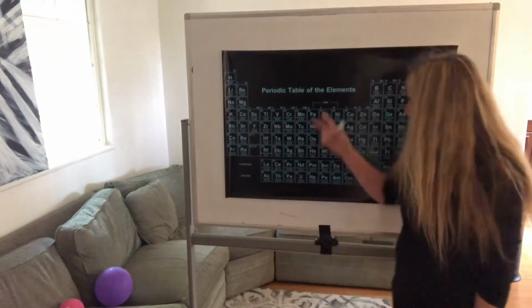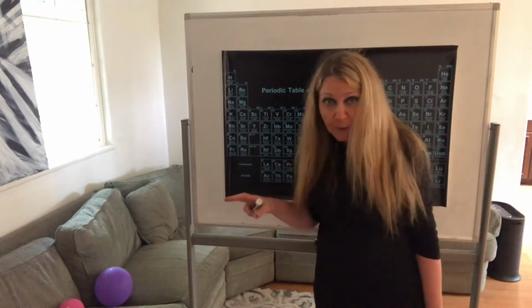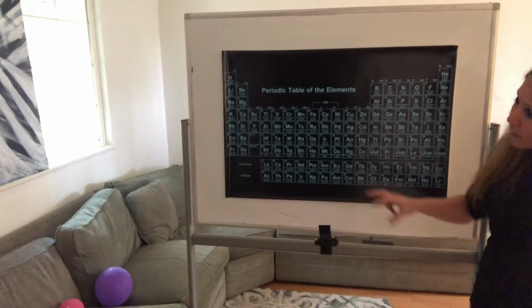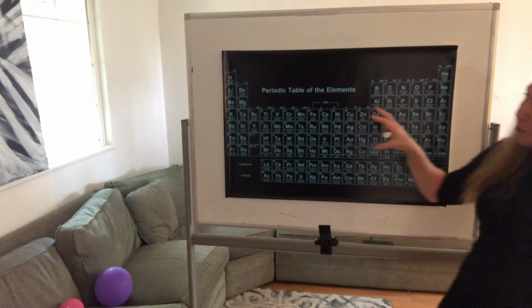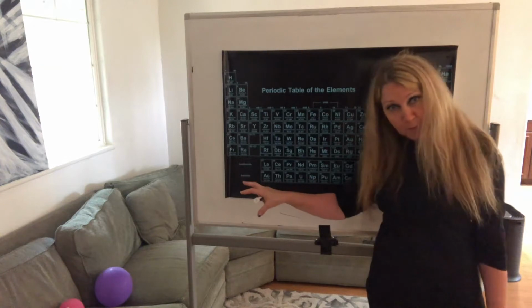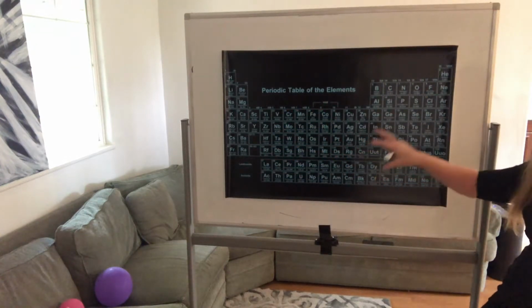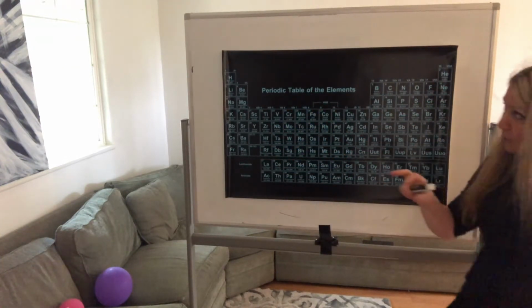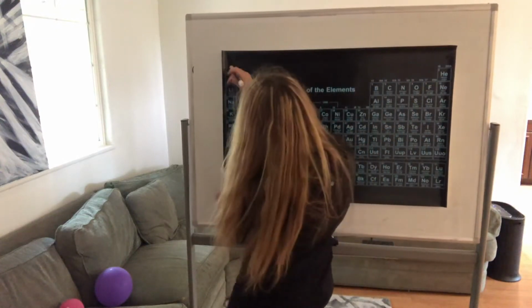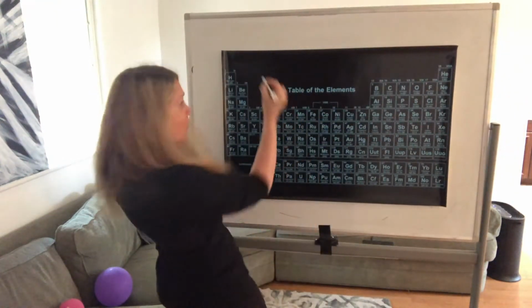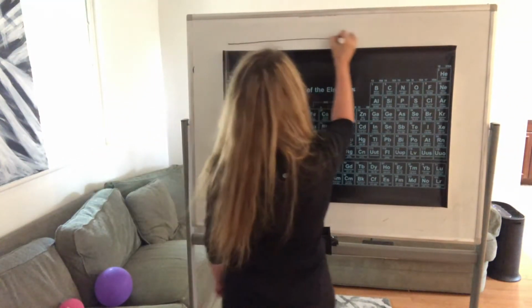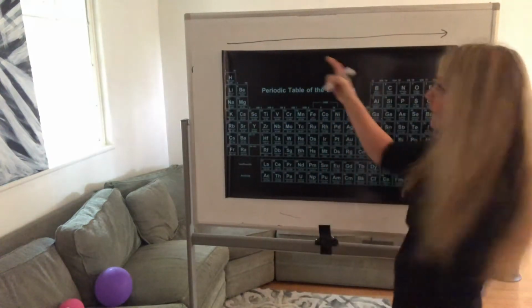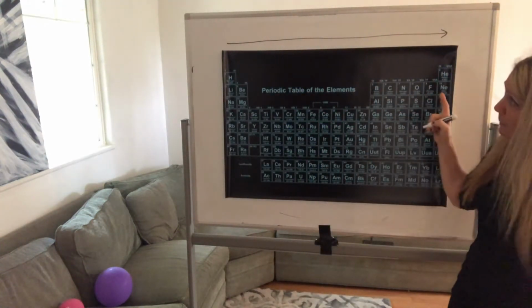So here we have a periodic table. I don't know if you can see this very well. And I just want to show on this periodic table some of the patterns I talked about before, just as a review. As you go this direction, so we're going from left to right in the periodic table,